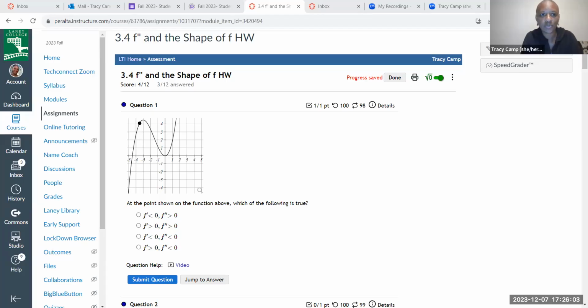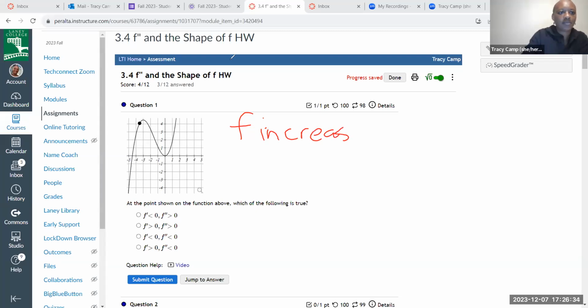This is section 3.4, problem number 1. And the main thing to know about this is how a function and its derivative and its second derivative are connected to each other. So first of all, if you know that f is increasing, like if you know you have a function that's increasing, then what that means about the derivative,